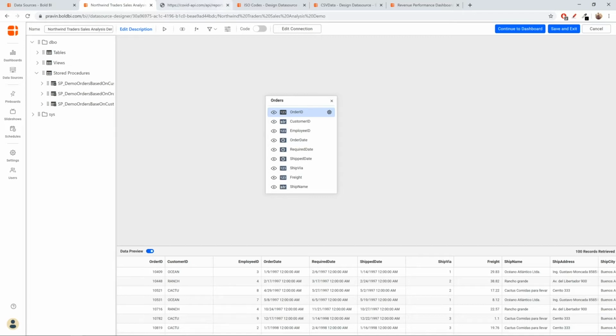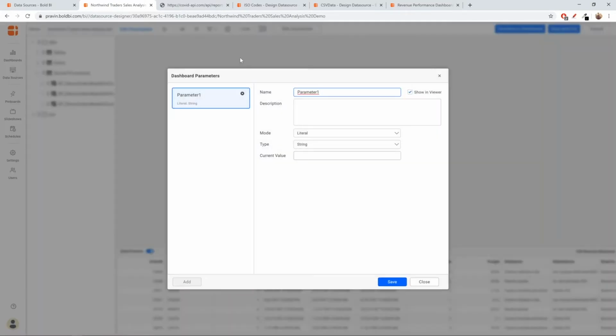Okay. So on the toolbox, you'll be able to see the dashboard parameter option at the top. Once you click this, it will open up the dashboard parameter option where you can define the parameter. For now, I'll just add a parameter, say customer ID. And if you want a description, you can add that. We also have an option that says show in viewer. This is enabled by default, and when it is enabled, you can change the value of this parameter in the viewer, which I will show now. But if this is disabled, anyone who views the dashboard will not be able to change the value of the parameter. They'll just be seeing a static dashboard.